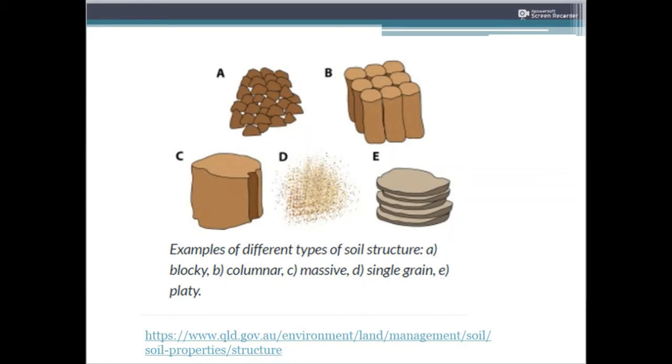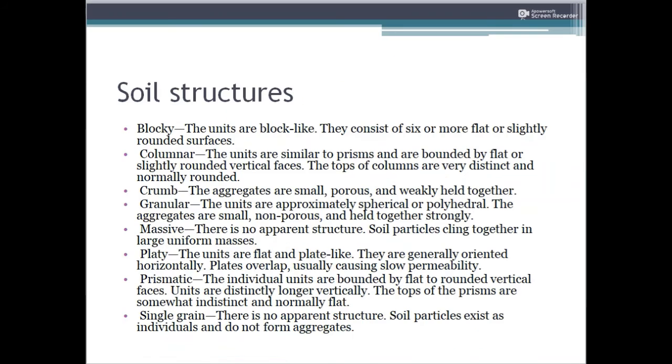Either they can be formed as blocks, as we see in A, or they could be columnar, as we see in B, or they could be massive, as we see in C, or they could be single grains in D, or they could be platy, as we see in E. And if you go to describe the soil structures, that's what we told about the peds. Now, if you go to deal with soil structure, basically there are 8 different forms of soil structures. As we mentioned earlier, they could be block-like,